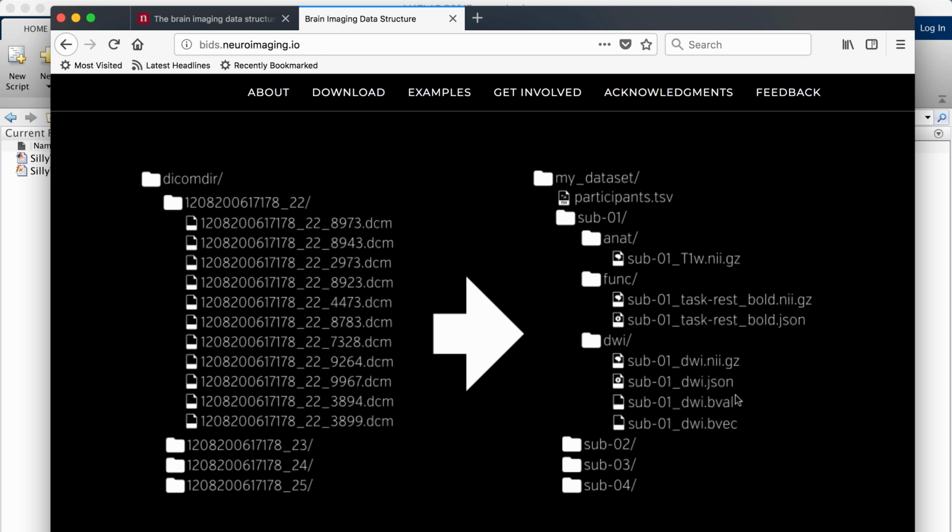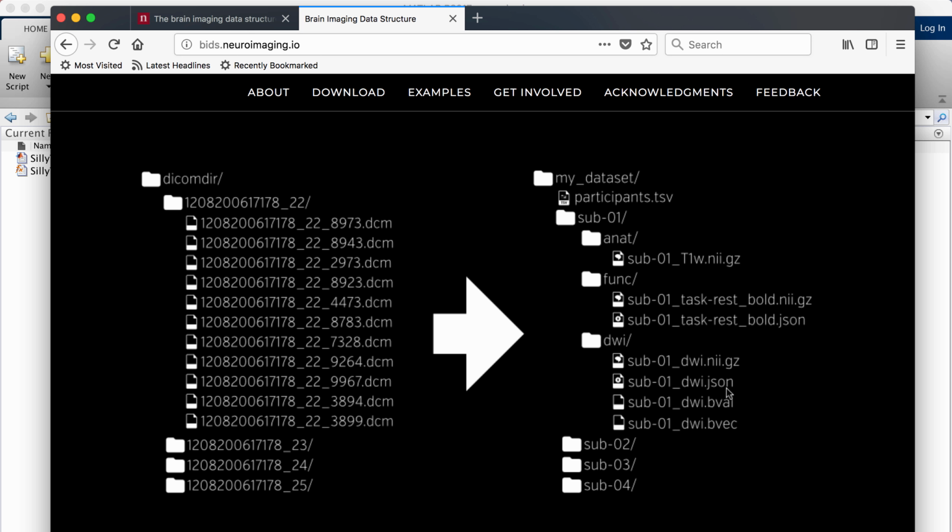So if you're doing preprocessing that needs this header information, which you probably are, the BIDS solution is what's called a JSON sidecar. Every NIfTI, or most NIfTIs, will have a JSON file alongside it with the same name as the NIfTI. So you see you have subject 1, the compressed NIfTI, and then diffusion weighted, and you'll have a JSON file. And I'll show you what the JSON file is.